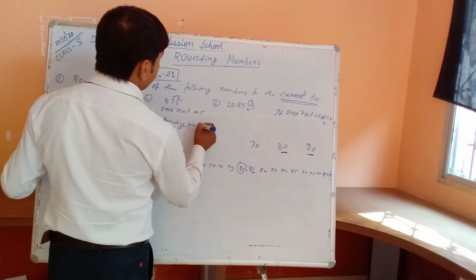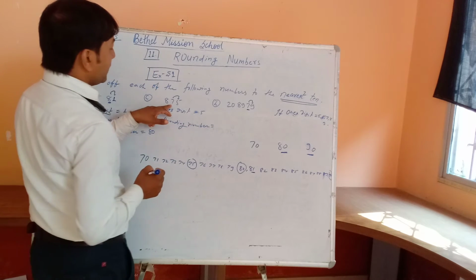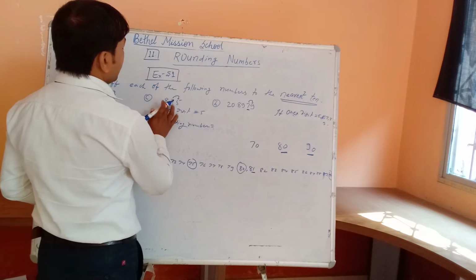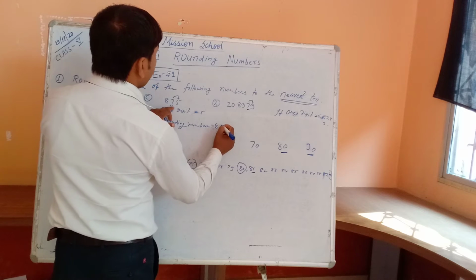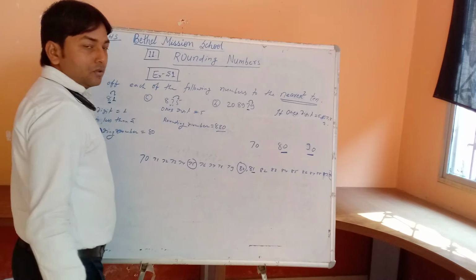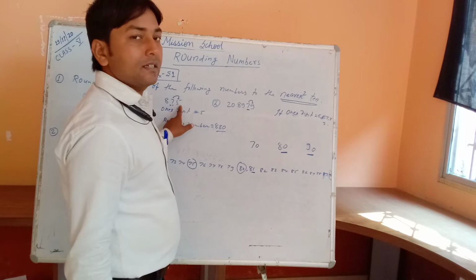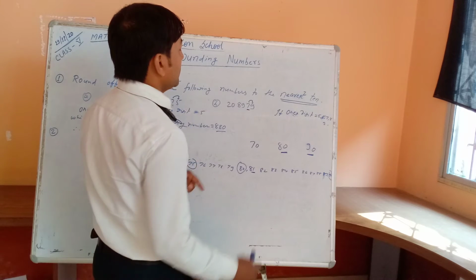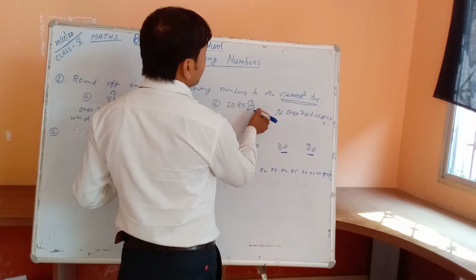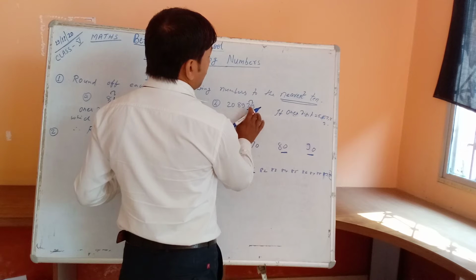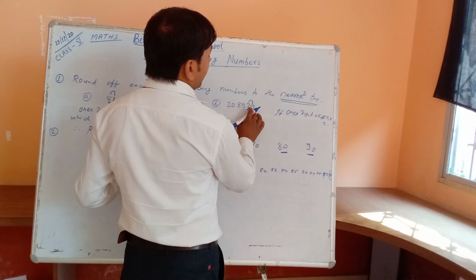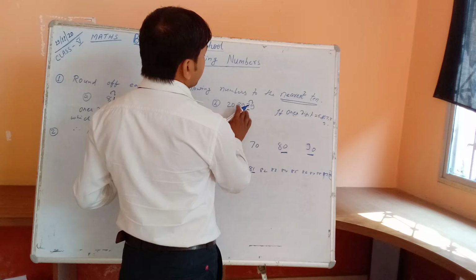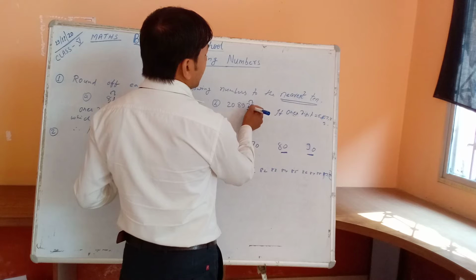So the rounding number: add plus 1 in the tens place. Only the tens place here gets plus 1. It becomes 8 and the rest is 0. Okay, the rest, the ones digit, you will make 0. Now here the ones digit is also more than 5, so the rounding number will be 2089 and plus 1 here, 8 and 0.